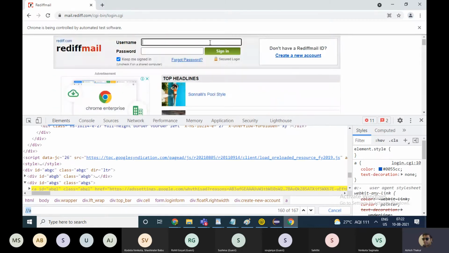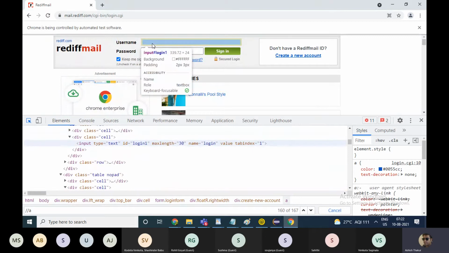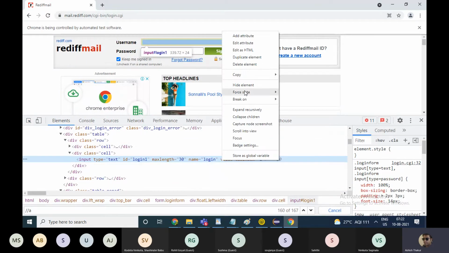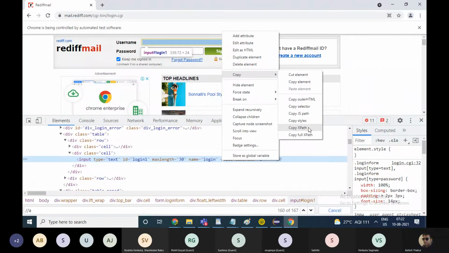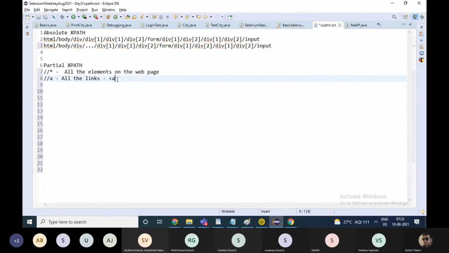Okay, now if you investigate any element, if you investigate the username field, it is highlighted over here. If you right click, you get the option to copy the full XPath. And there is another option known as copy XPath. This is for the partial XPath. If you copy the XPath for this element, it looks like this: double slash star.